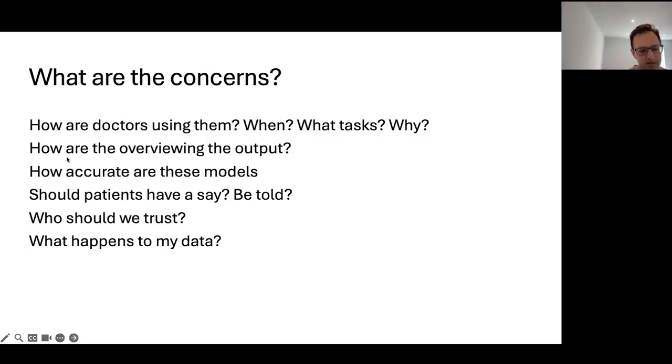It's of concern because these aren't, like I said, medical devices. There's no real governance about how they're being used. We don't really know what data they're putting in, whether they're sharing personal identifiable information. I think it's unlikely that doctors would be sharing personal identifiable information, but I can't be sure. We don't really know what doctors are doing with that output either. If you ask it a question and it suggests an answer, how are doctors really thinking about that answer? Are they double checking it, cross checking it elsewhere? We don't really know. And then we don't really know what happens when a doctor's pushed for time.